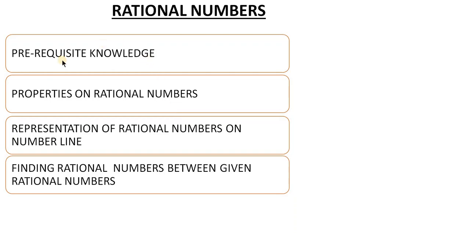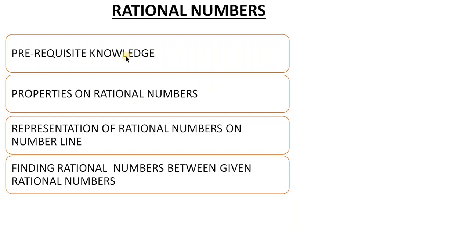Now before that, in this first phase, I will only be able to take you for 20 minutes on prerequisite knowledge. Properties of rational numbers will come next. Before that, we will just revise the prerequisite knowledge in this one. The next video will be on properties of rational numbers. We will cover only two parts of it, which are the closure property and the commutative property. These two will be done today in two separate videos, so those two will be posted today. You can enjoy it. Okay, thank you.